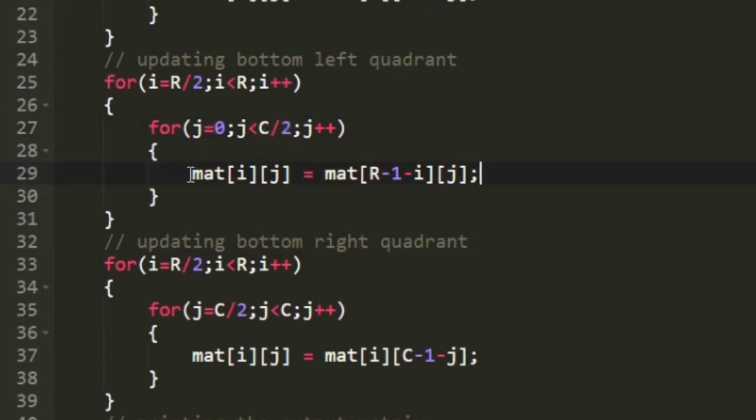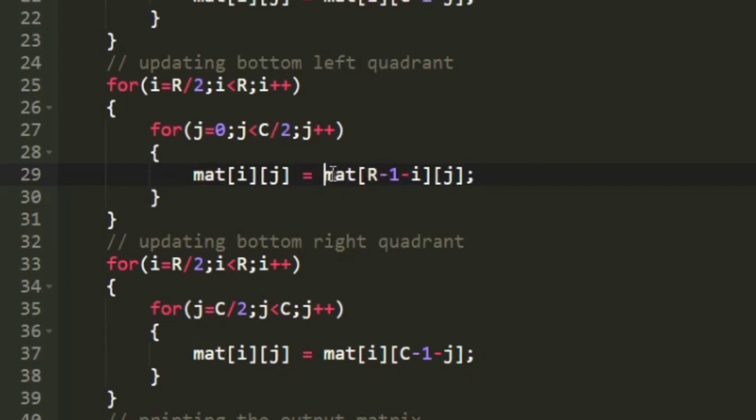And in every iteration, mat[i][j] would be representing the bottom left, and we are replacing it with the value of mat[r-1-i][j]. Here this mat[r-1-i][j] would be pointing to the same column element of the last row of the top left quadrant, and in every iteration it would be moving above.